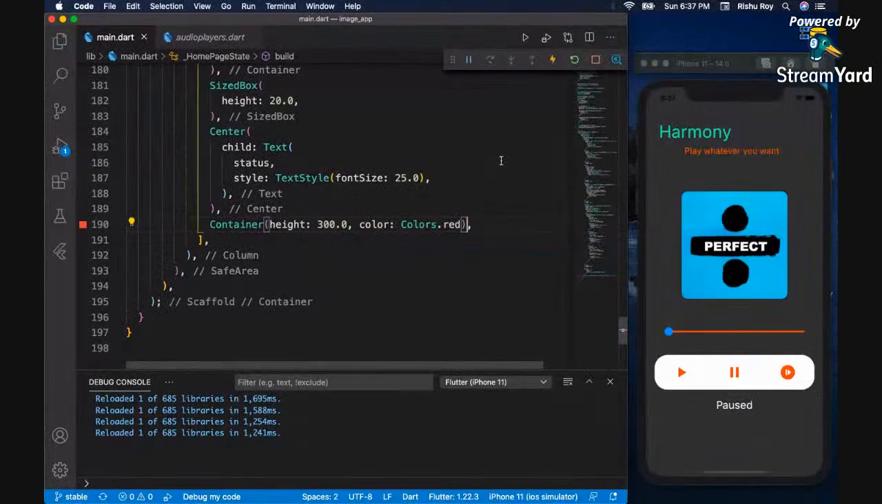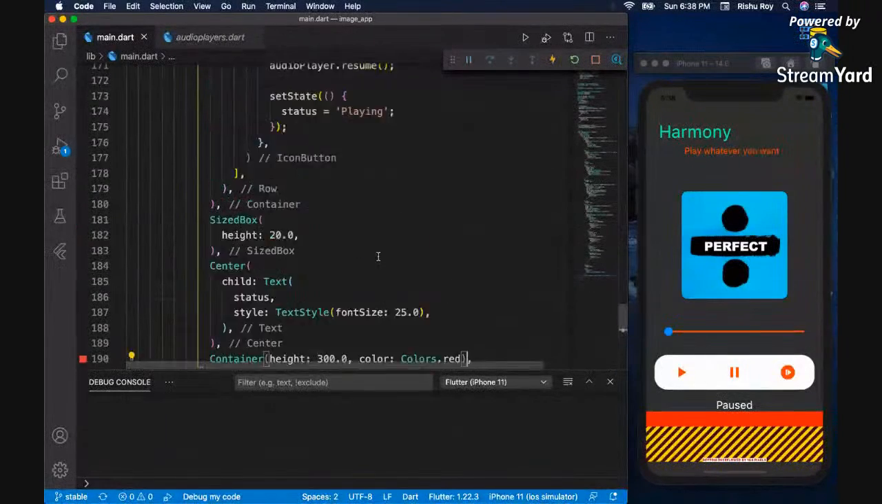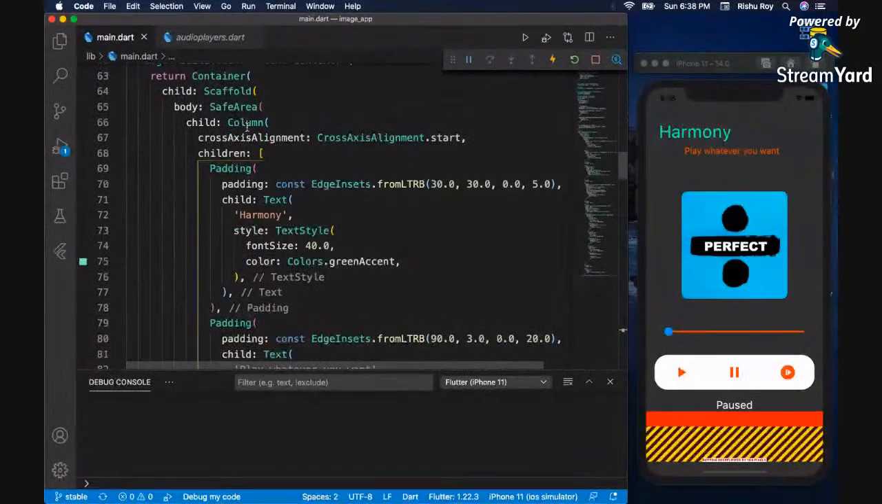Save your file. And now you can see we have yellow and black stripes there, and basically it is saying that the bottom overflowed by 184 pixels. So our widgets get out of the screen, and users with a small device may face this issue. So to solve this issue, there is a widget in Flutter that you can wrap your column widget with, and